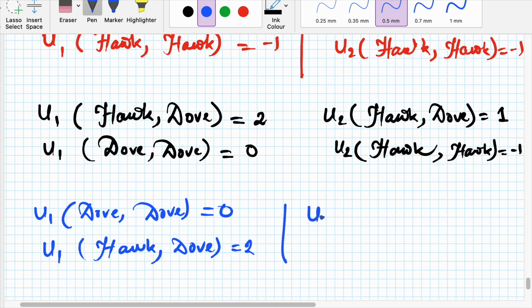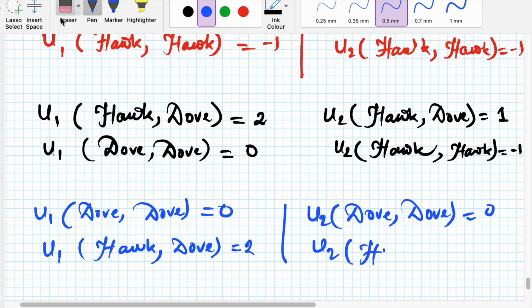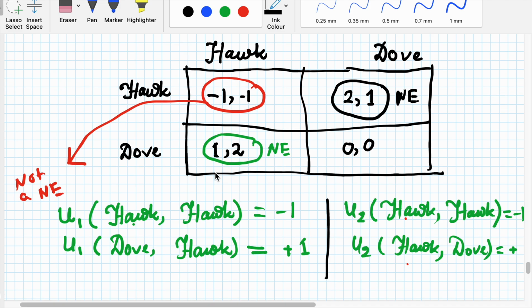Now similarly for player 2 also, there is obviously a better choice, to play hawk against dub. It will give him more, so there is always an incentive to change from this action profile. So this is not a